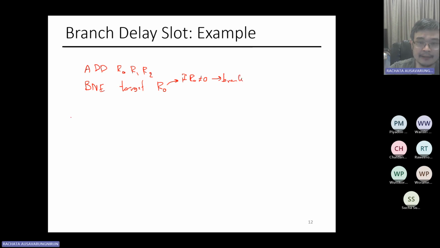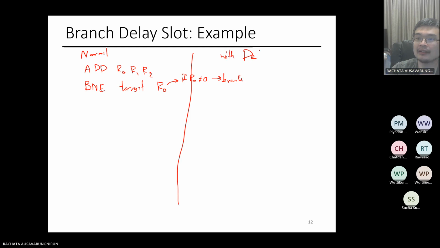Then let's say this is a normal code, and over here, this is a delay slot. And over here, you do a subtract R0, R1, R2. Then you have a target here, and then you add